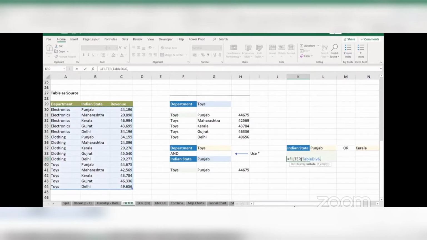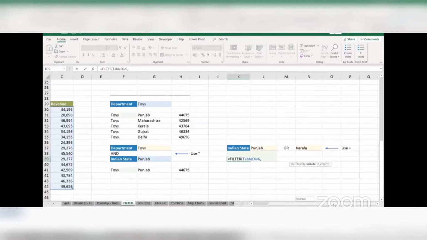And now, when we are trying to enter the either or criteria, we need to use the plus sign. Okay, the first rule of round brackets remains the same, but we need to separate it with the plus sign. The star sign is used for and, the plus sign is used for or. Okay, it's basically like a substitute for and or.